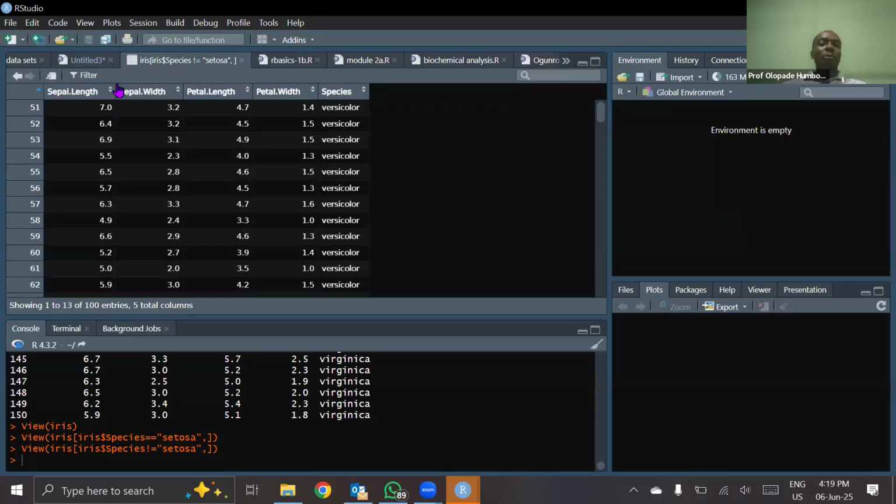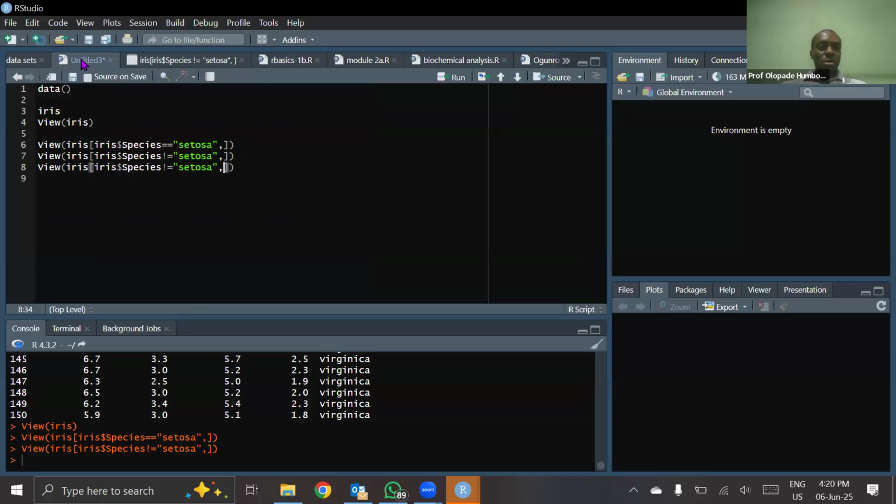Let's say I want R to give me just the petal width alone. That will be number 4. So if I come here and type after the comma, I put 4. If I now run this,